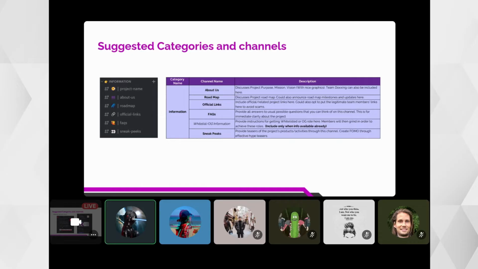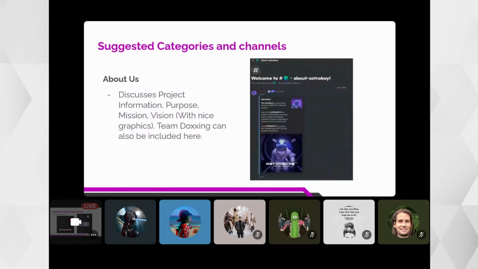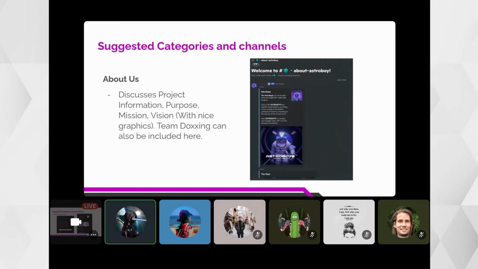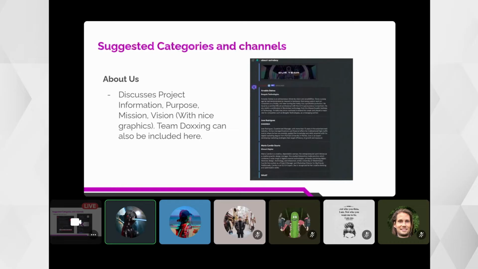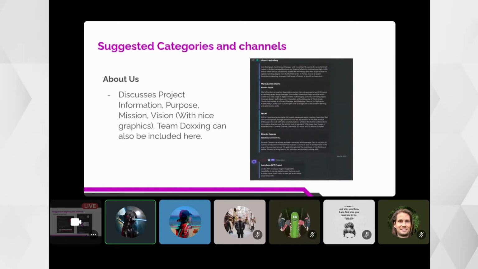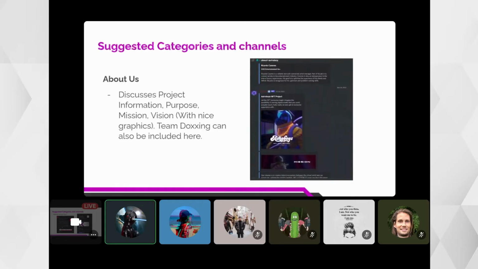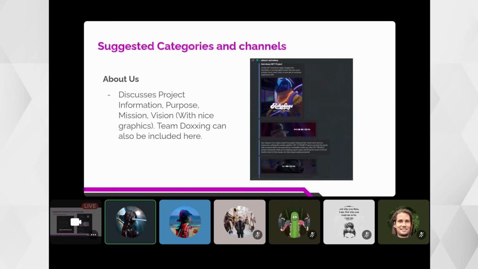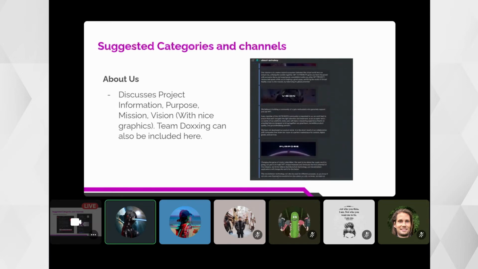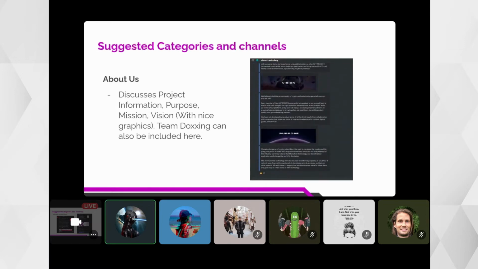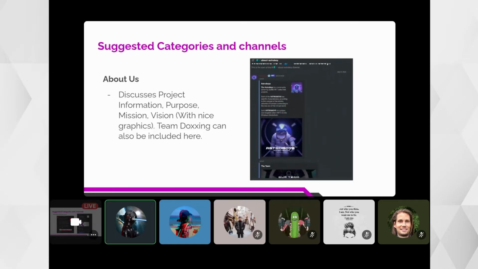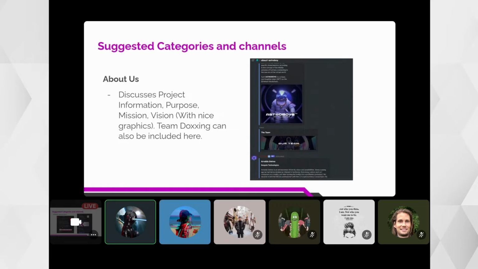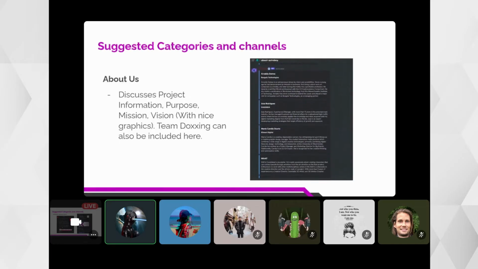So for the project name or About Us, you can discuss the project information itself. What is the purpose of your project, number one? The mission, vision, and you can also dox the team, so that potential NFT investors, buyers, or future holders of your NFT would be enticed and more confident to buy your project.